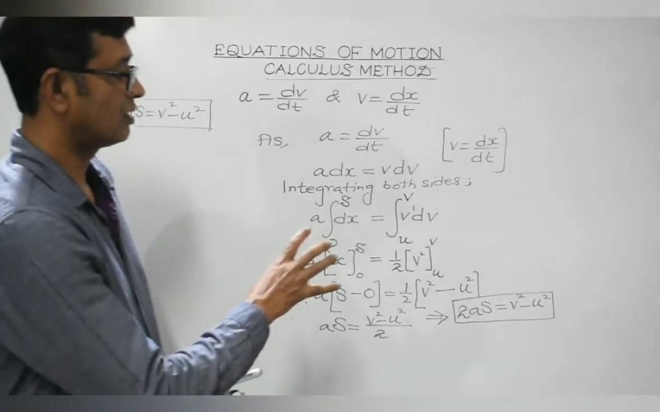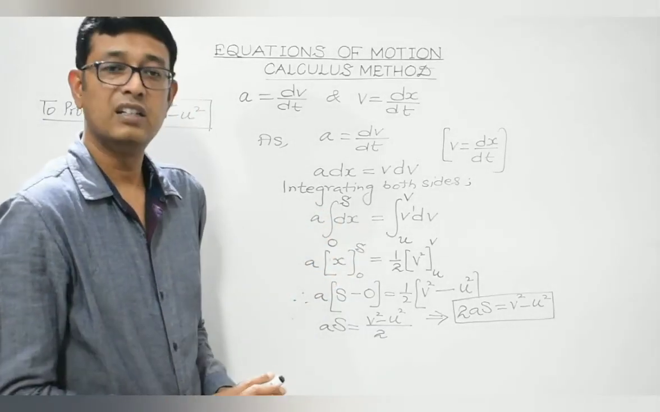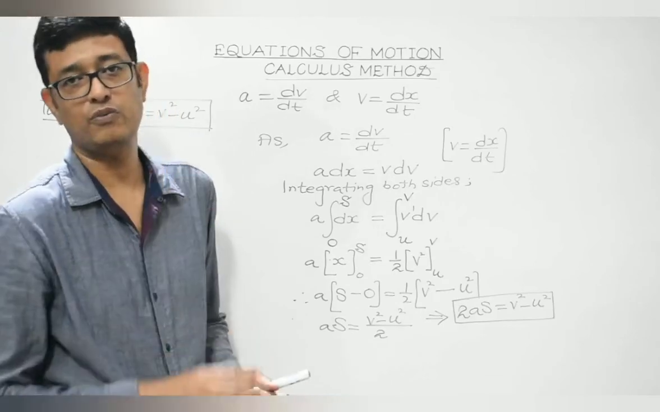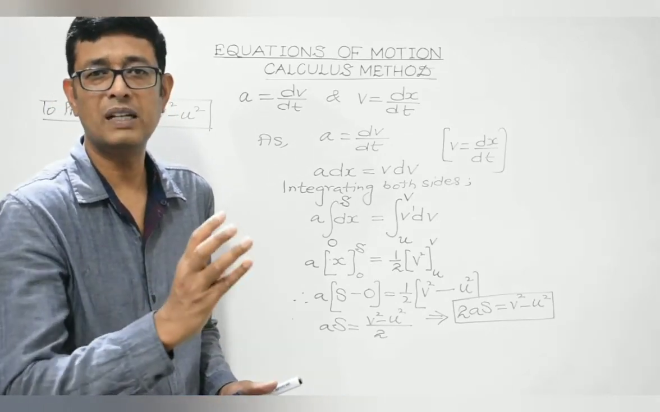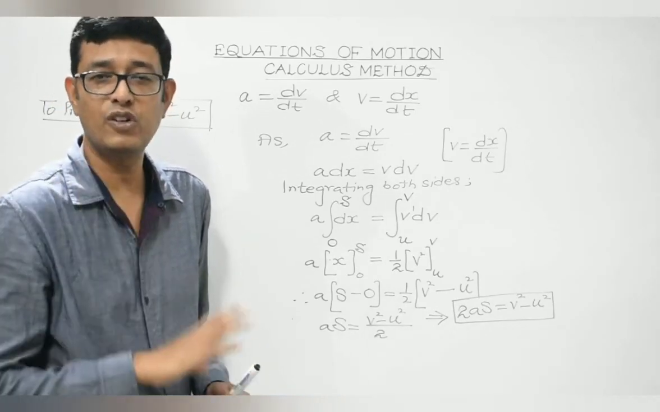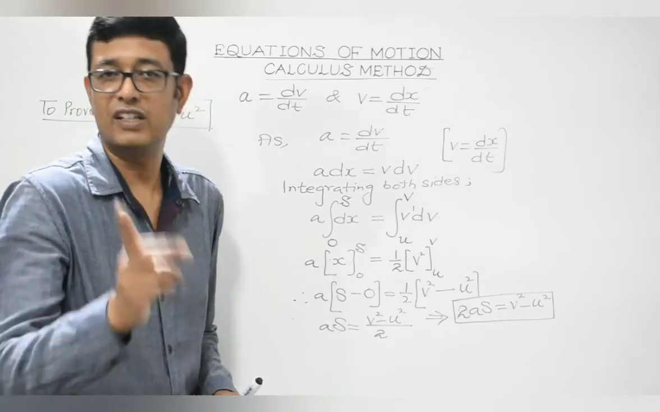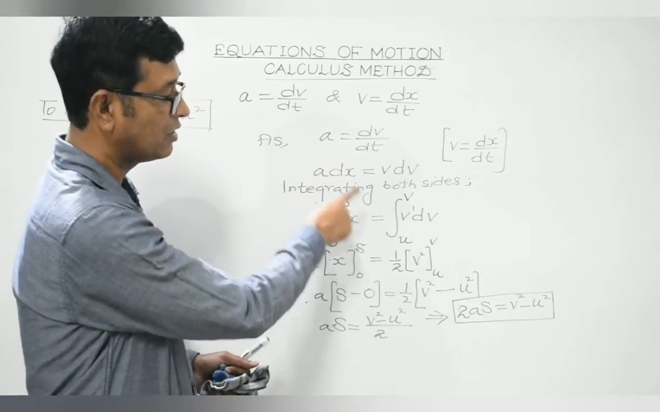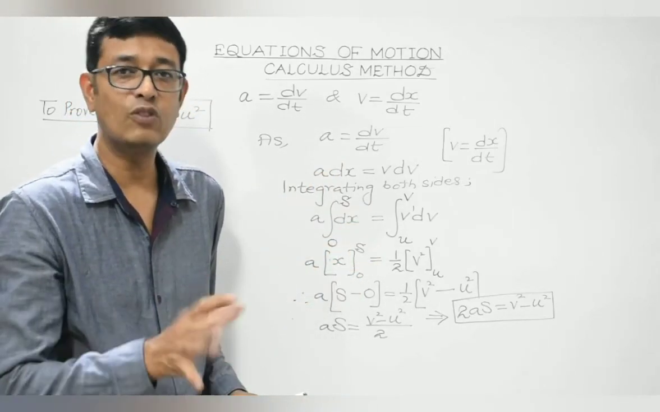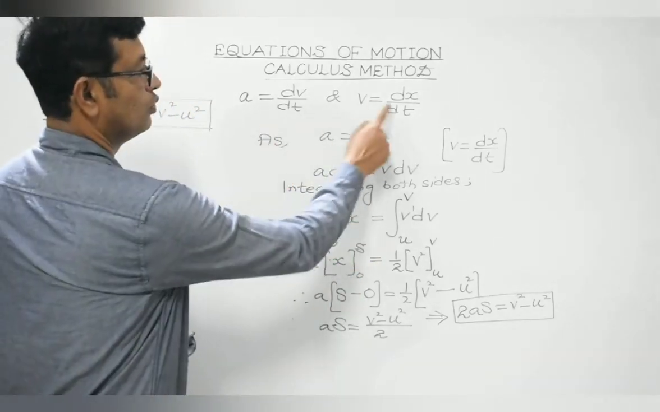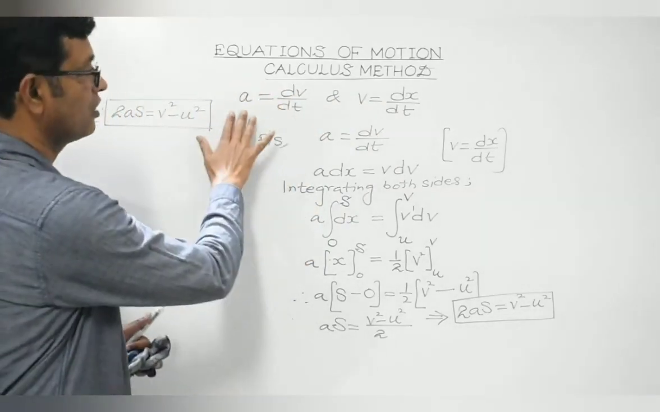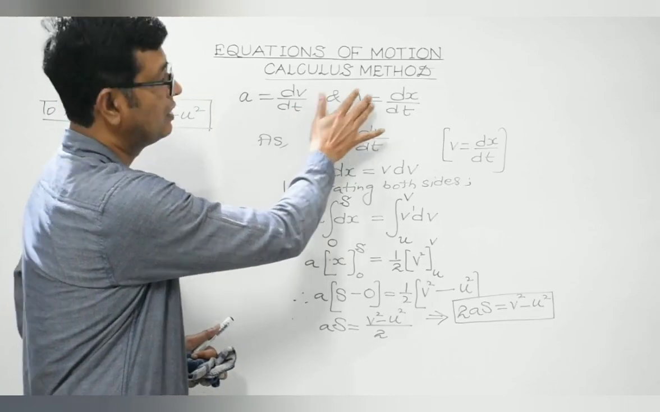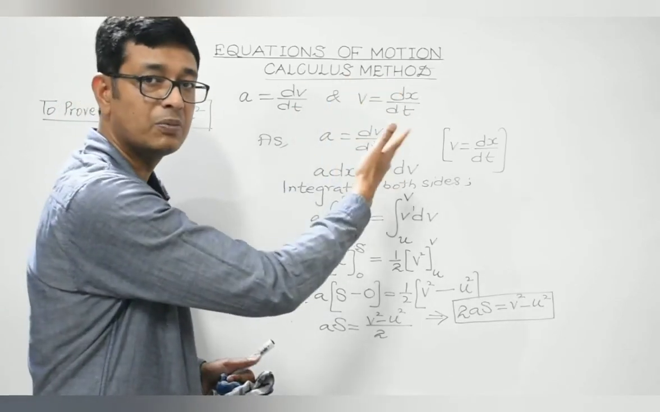So this is the third method by which we have tried to derive the equations of motion. First, through the normal mathematical method considering the average velocity. Second, graphically, we have derived the three equations of motion. And finally, we have derived the equations of motion using the calculus method, using these two concepts: acceleration given by the differential coefficient of velocity with respect to time, and velocity given by the differential coefficient of displacement with respect to